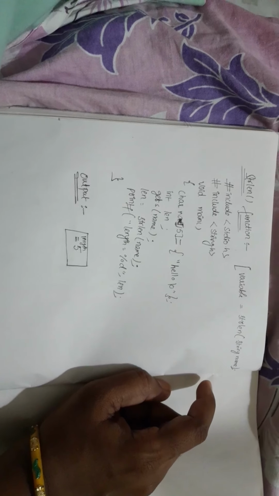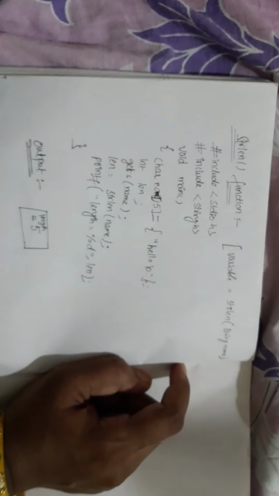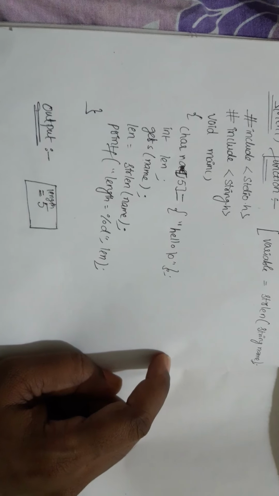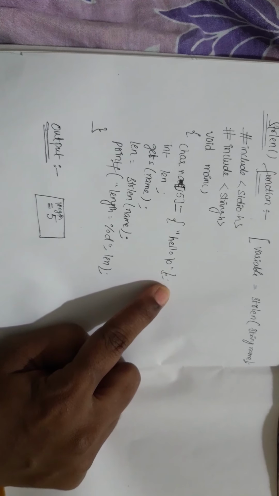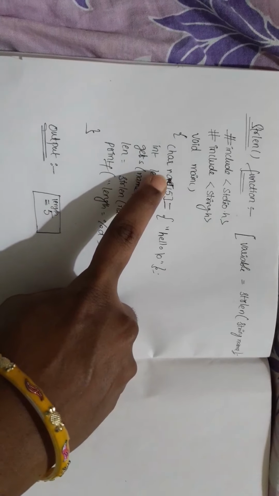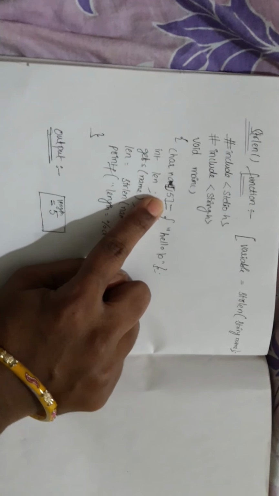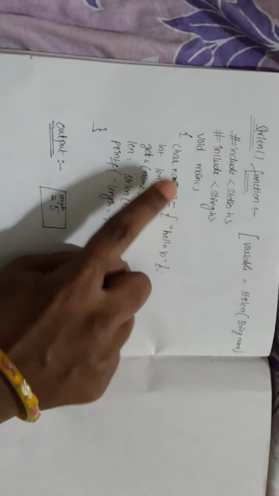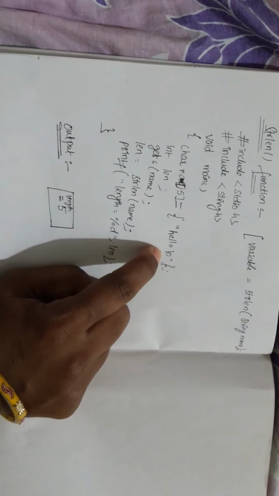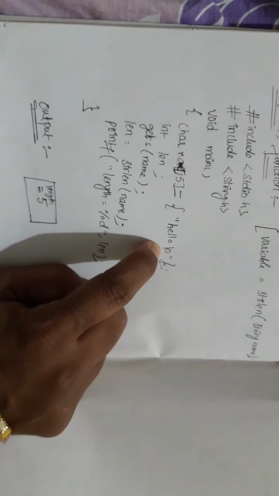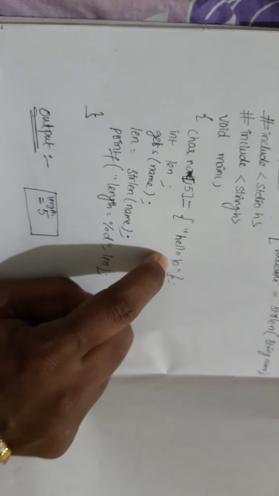Previously we have covered string comparison and string concatenation. Now, to use the string length function, you need to begin with the main function. The data type for the string is char, and the name of the string is name, and I have taken the length of the characters as 15. That is of type char, and I have initialized it as hello. If you don't want to initialize it statically, you can enter the value dynamically.